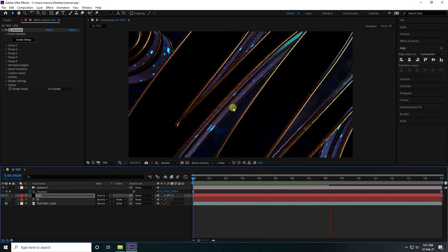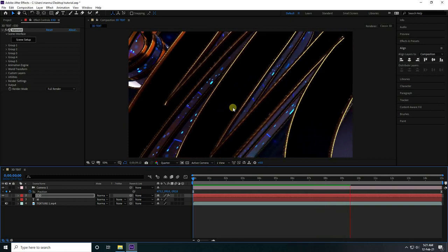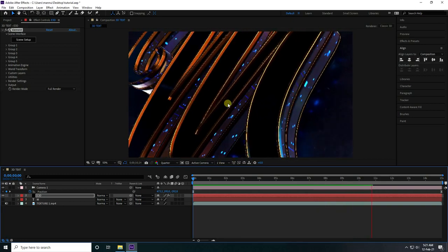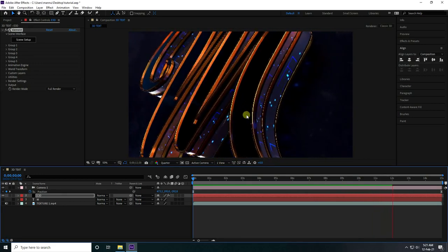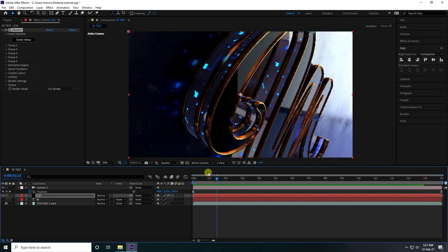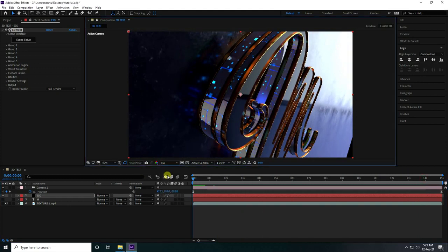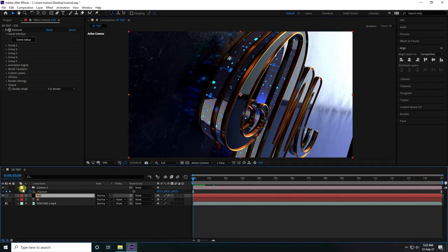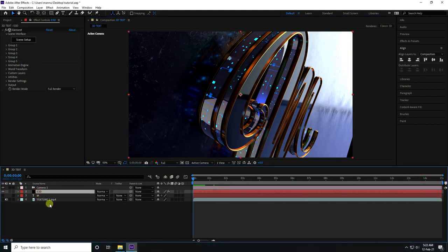And now guys, I create more glossy effect on this text. Yeah, beautiful. Okay, so guys, stop this animation and take full. So guys, select this E3D layer, select and duplicate, press Ctrl D, and guys, I change render setting.